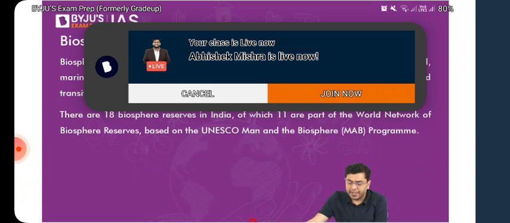Then we come to the concept of the biosphere reserves. So what do we mean by biosphere reserves and what is their importance? So first of all, understand the genesis of the biosphere reserve. Now, while conservation was being carried out across the globe by various different measures, legislations have been brought about, you have certain protected regions, you have animals being transferred to zoos, etc.